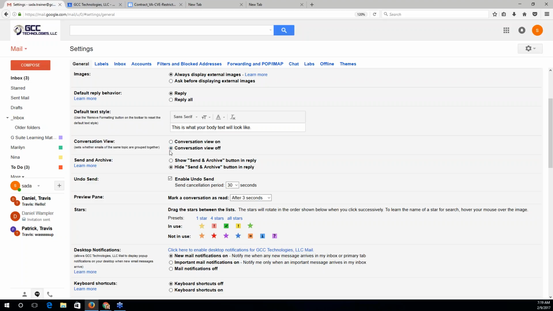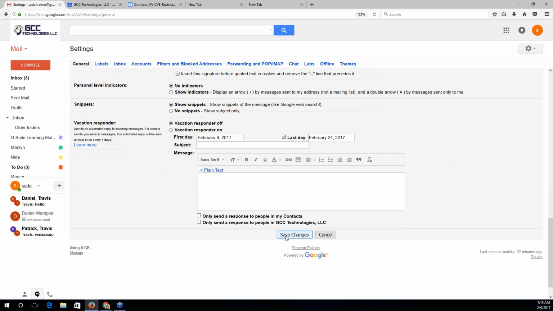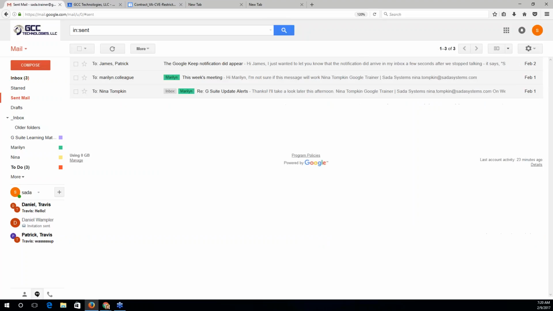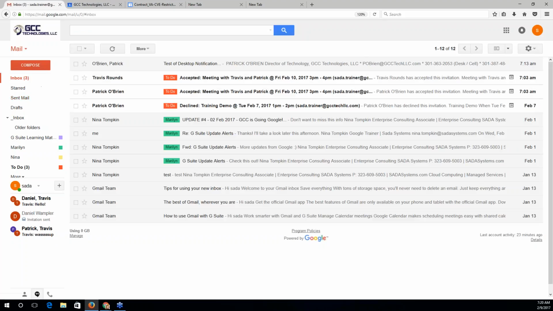So it's a bit easier to see visually, so I'll turn this off and then save it. And now you can see from your inbox which messages have been sent to you from people. And in your sent messages, you have all the messages that you've sent to others. So now they're more split. They're not grouped up together under one subject line. So hopefully that's a little bit easier for you to differentiate.